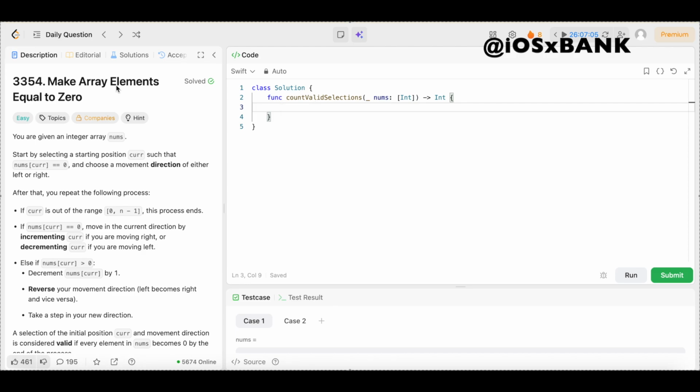And today we have question number 3,354, make array elements equal to 0. The difficulty level is easy, so you already know we're going to keep the solution as simple and easy to